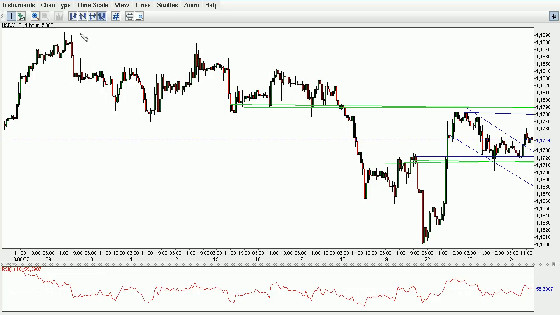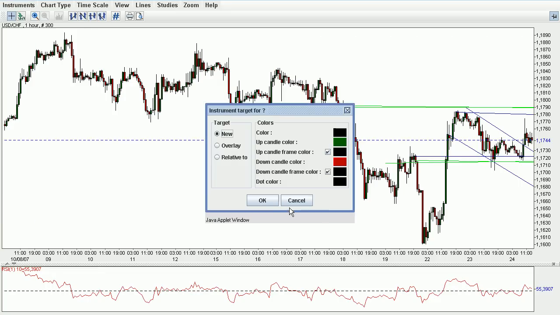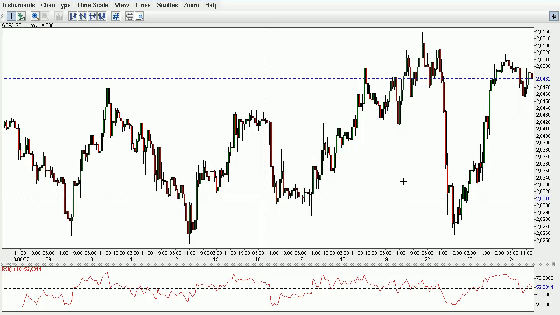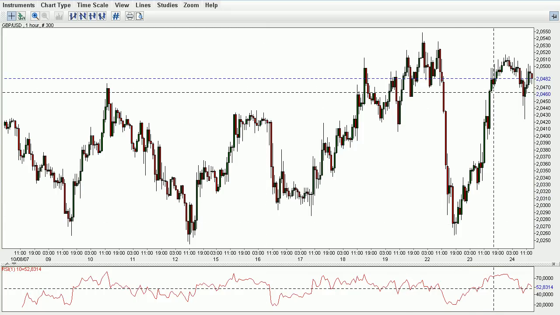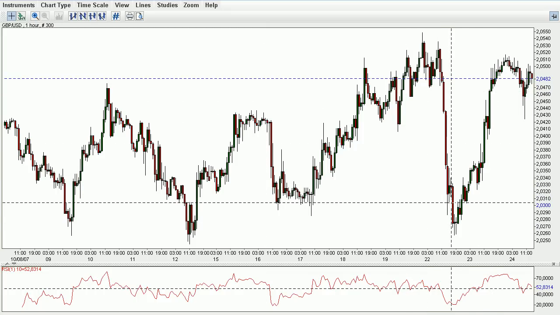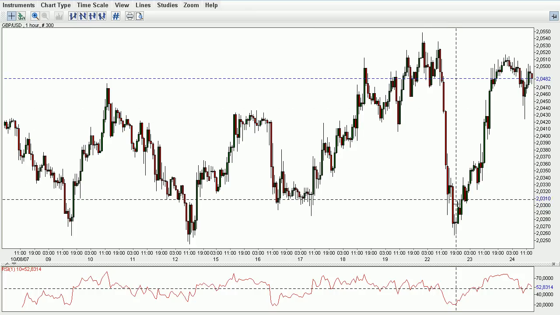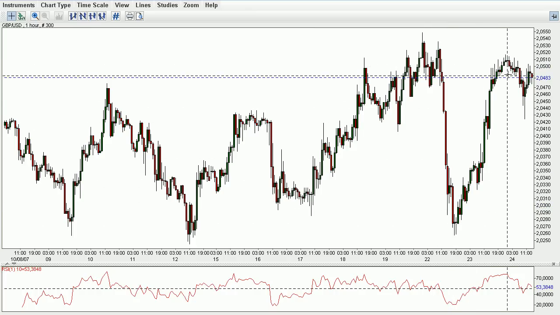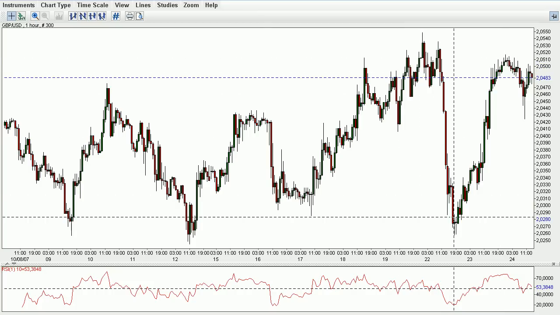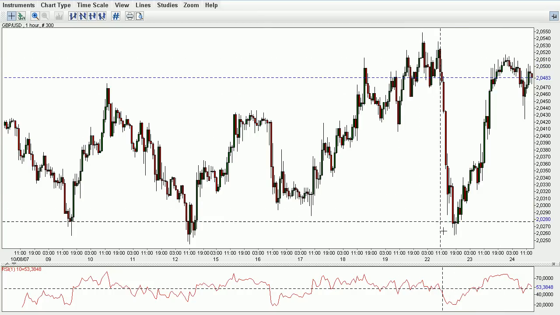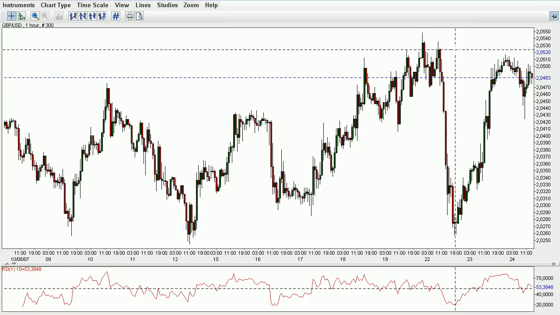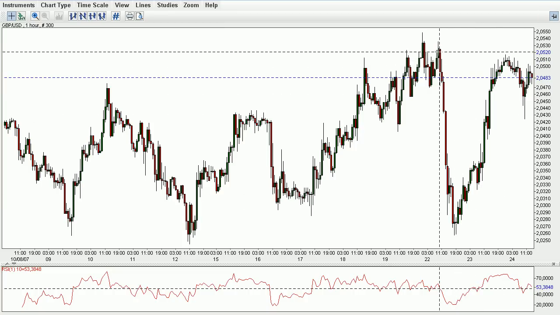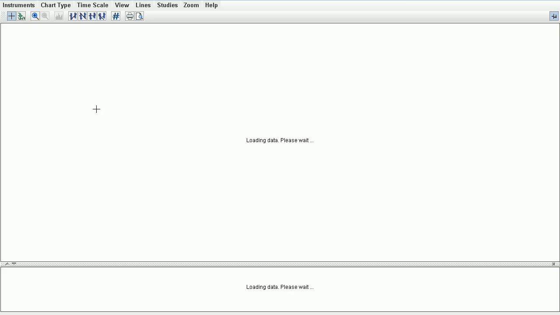Okay, now let's go to the British pound US dollar and see what happened yesterday there. We had more price action here, and much of the profit that the sellers took was already collected at this point here, because the price just erased all of its profits and went up to the same area where it left the previous day. And if we go to a daily chart,